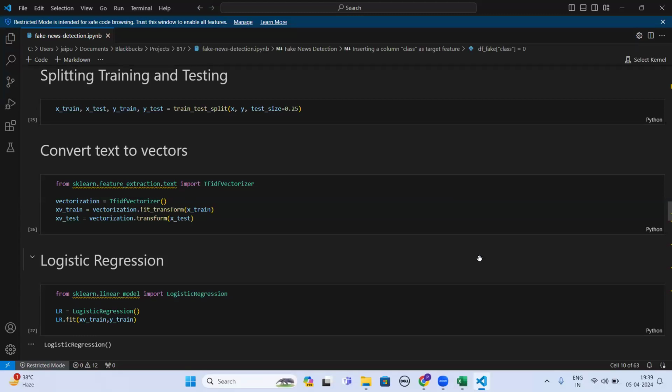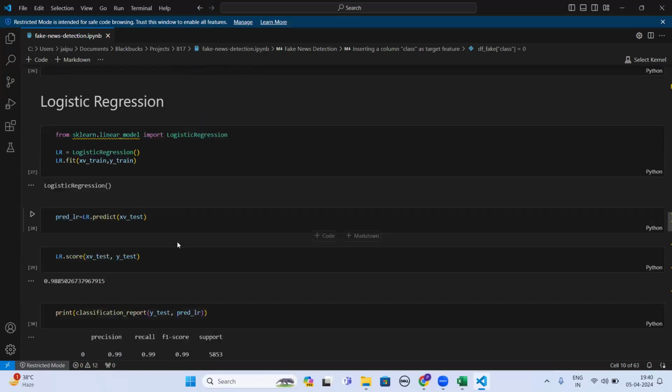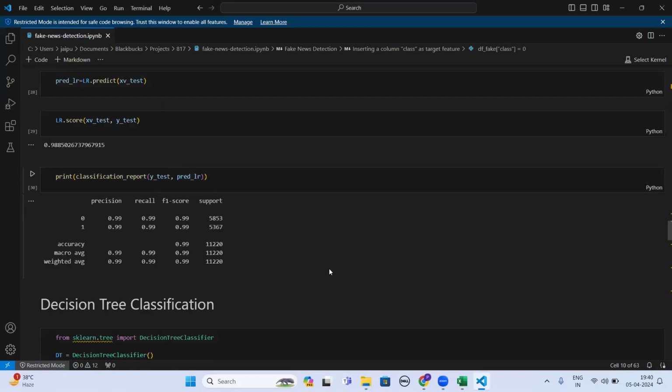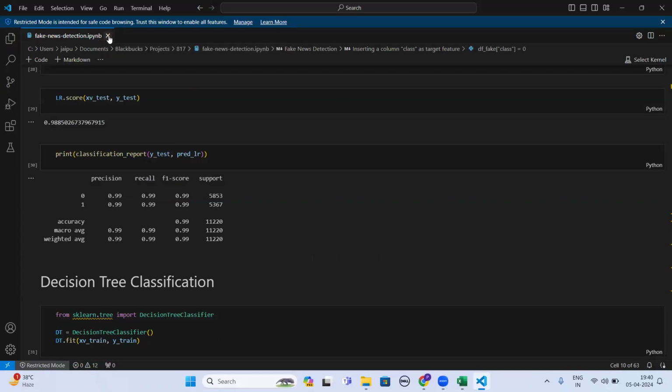Take your time to go through this, guys. Take your time to see how they are converting it into vectors. And then after that is done, there is logistic regression. I mean, you can use any model after that, right? You are mature enough to